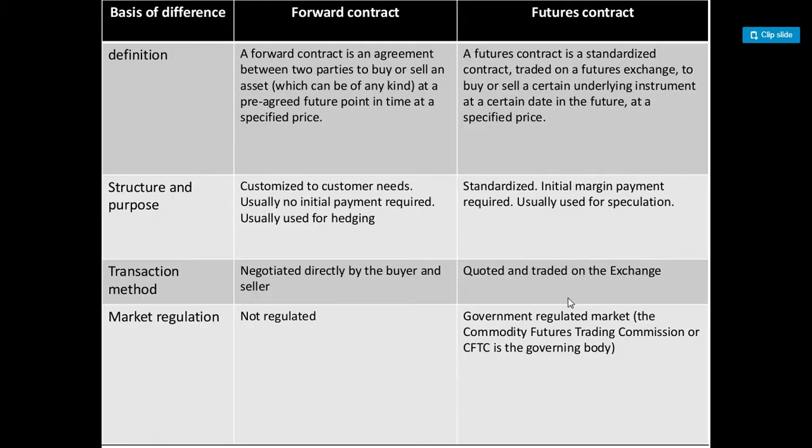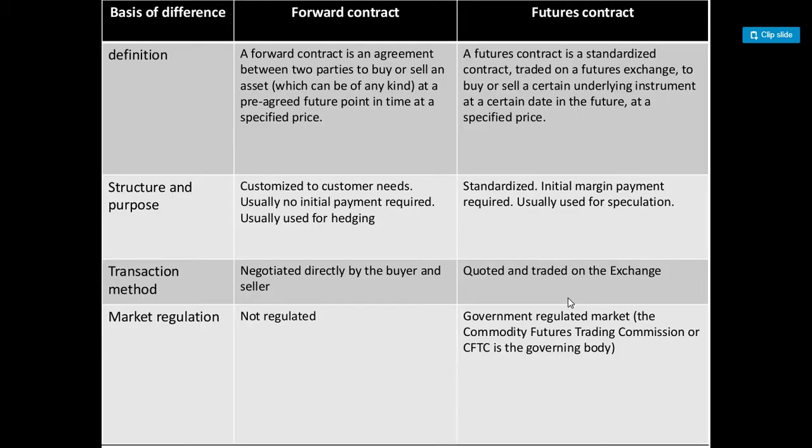Like the buyer will be paying the amount to the clearing corporation, and the seller will be giving the shipment of goods to the clearing corporation only. So it is the one who is going to work on behalf of them. That is the reason it is the method of transaction.